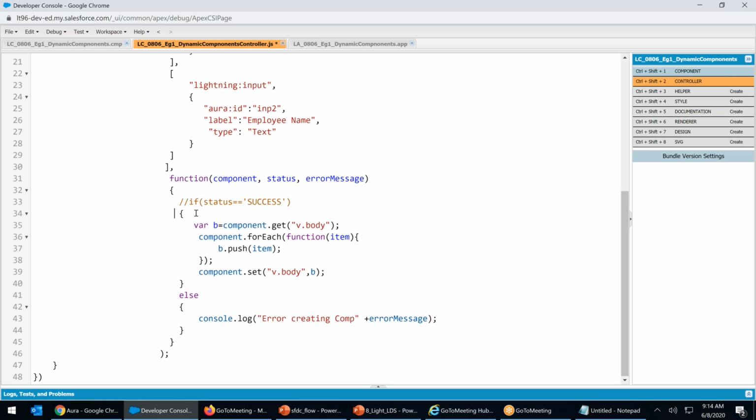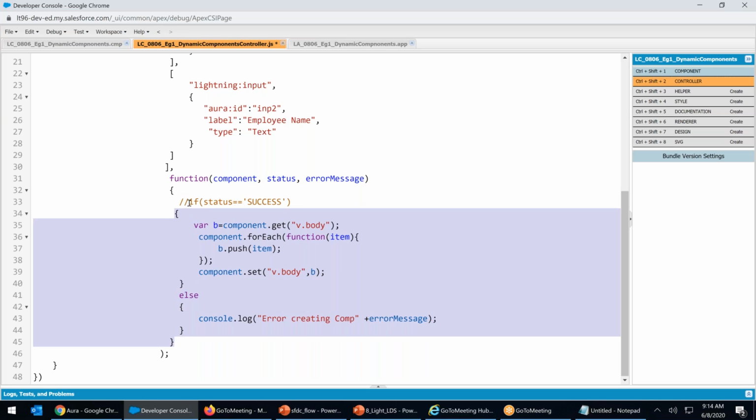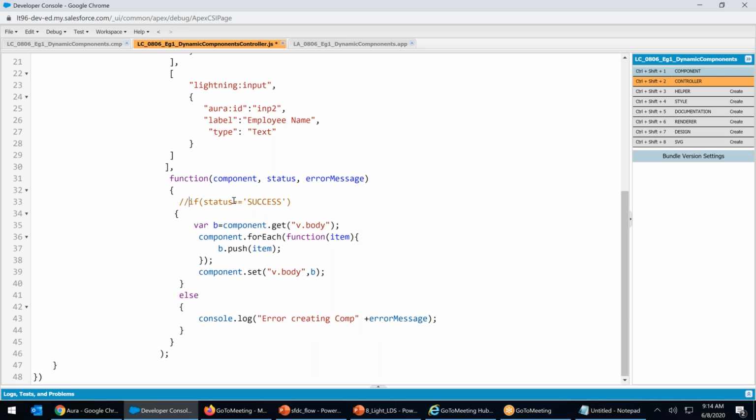Okay. So you want me to comment from here till where? The whole else, the complete block? Yes, only the block from line number 34 to 39. After that it will create a problem because else cannot stand without if, right?